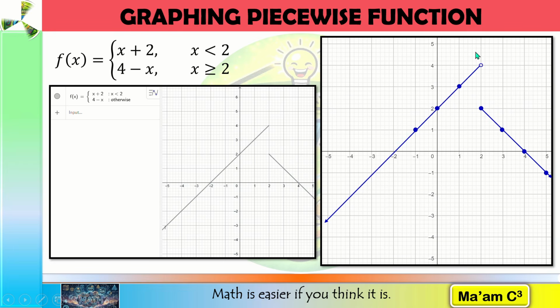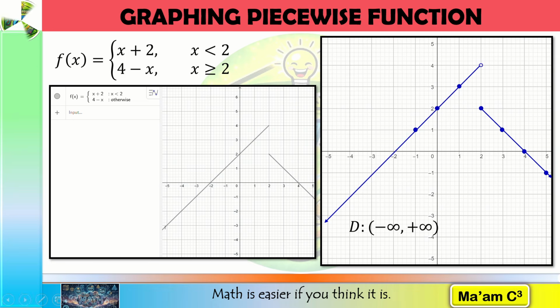Yes, we do. At 2, although this one is open, meaning we do not have graph here, here it is closed. So still we have a graph at x equals 2. And then, since this will go indefinitely going down, all positive x values will have a corresponding graph. That means the domain of this function is the set of all real numbers, negative infinity to positive infinity.